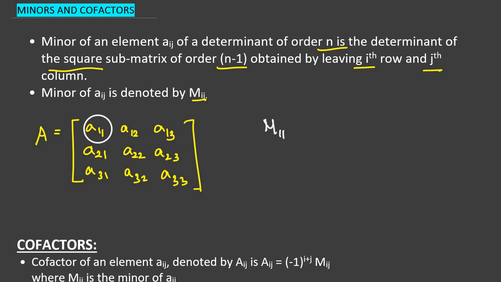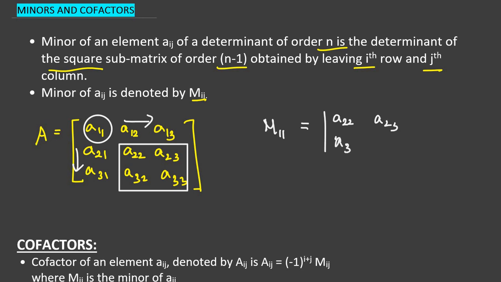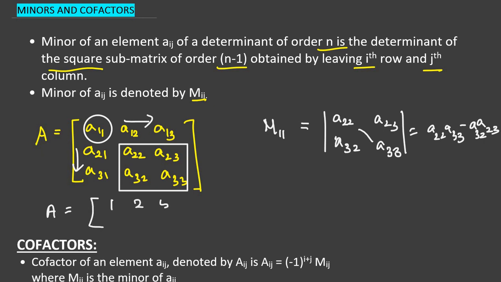So the minor of a11 is given by the elements remaining after leaving out the corresponding row and column. The remaining elements are taken: a22, a23, a32 and a33, which is equal to the product of a22 and a33 minus a32 times a23. For example, we can take an example here. If A is equal to the matrix 1, 2, 5, minus 1, 0, 4, 3, 1, 1, I want the minor of